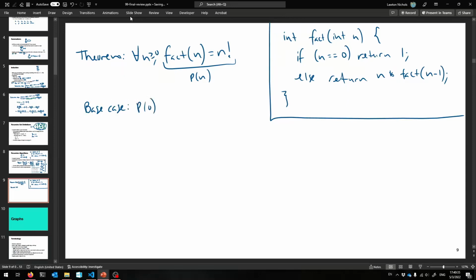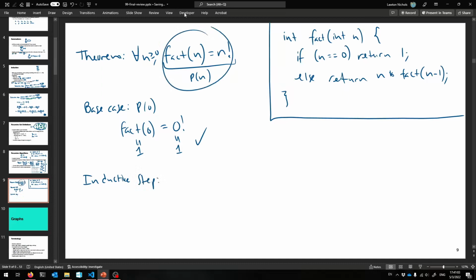I need to show that, well, plug in 0 for n. I need to show that fact of 0 better return the real result of 0 factorial. And what do you know? This returns 1. This answer is 1. 1, 1, checks out. Cool. Then we have our inductive step. We got to show that